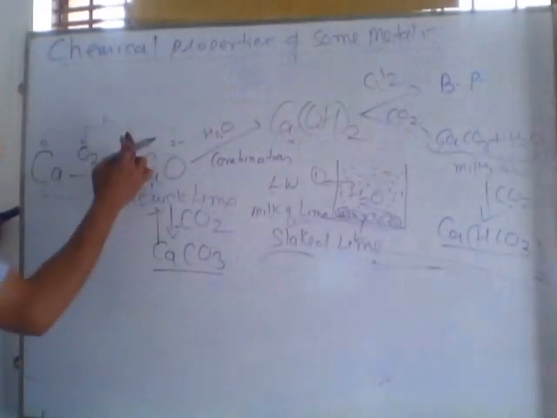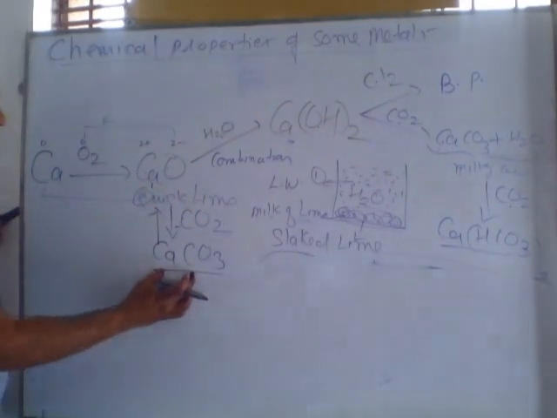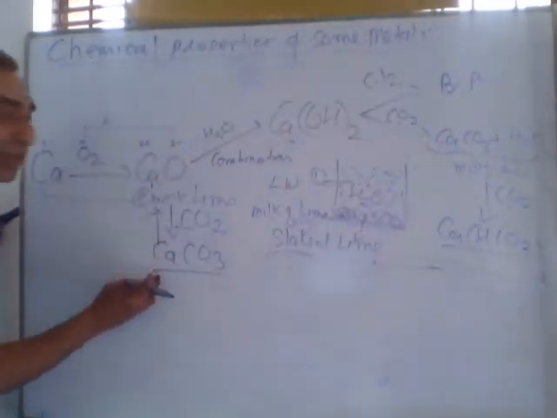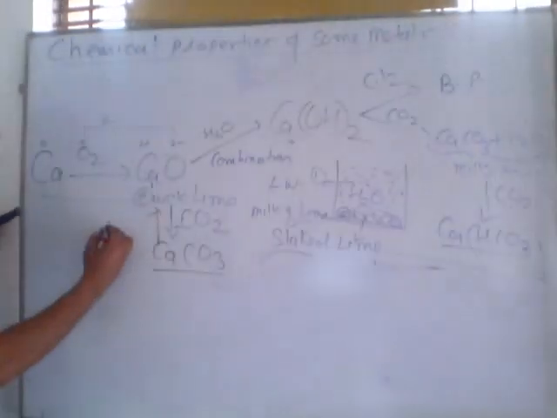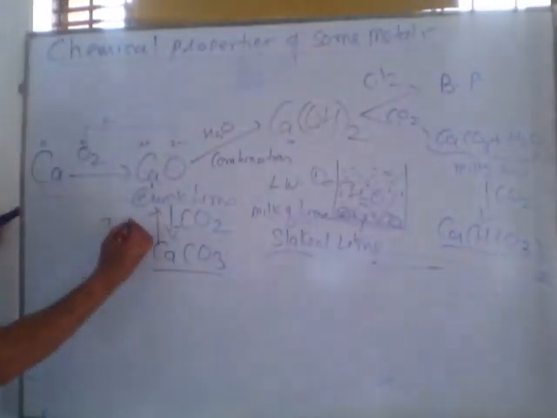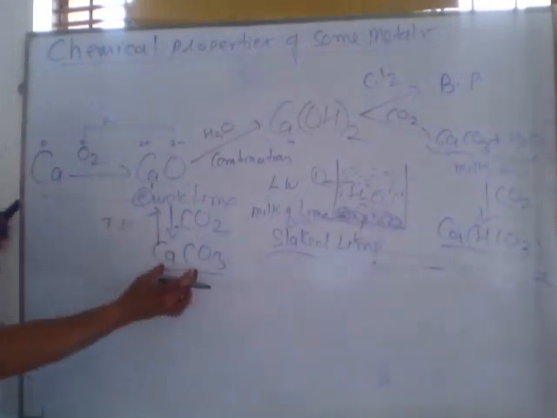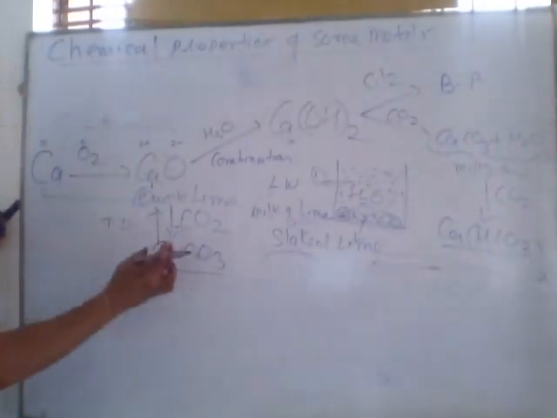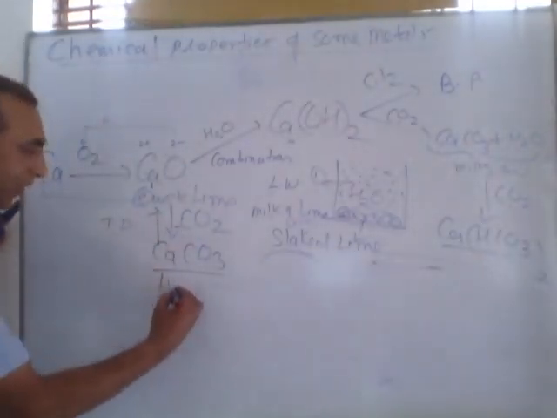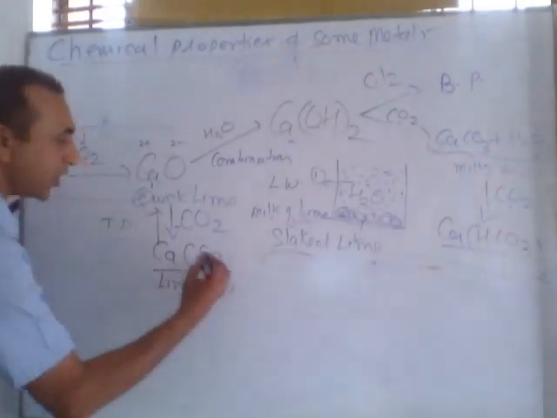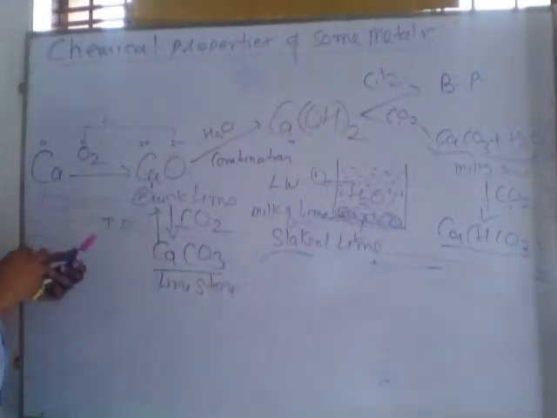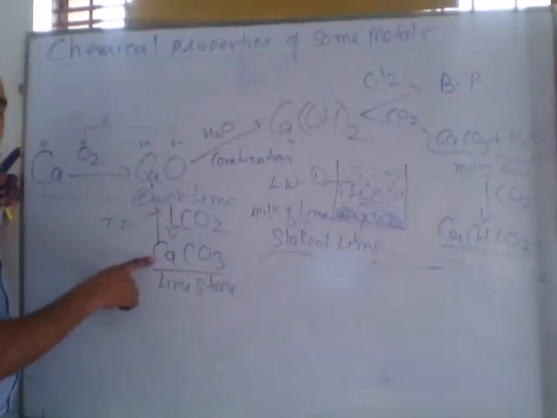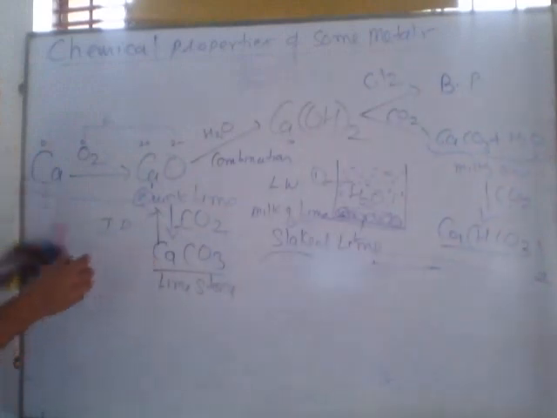So the reverse reaction, in which calcium carbonate is breaking down into two different species, is called decomposition. But we are providing heat, so this is called thermal decomposition. Thermal decomposition means breaking down any compound with the help of heat. This is calcium carbonate, also called limestone. You know the uses of limestone. Limestone is an important compound. We use this compound in the formation of talc, chewing gum, and also in toothpaste.